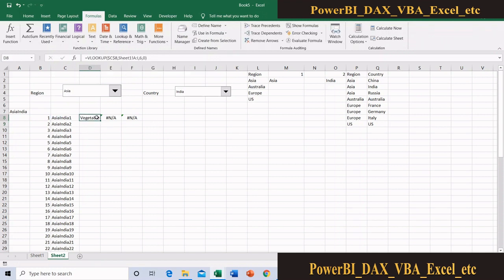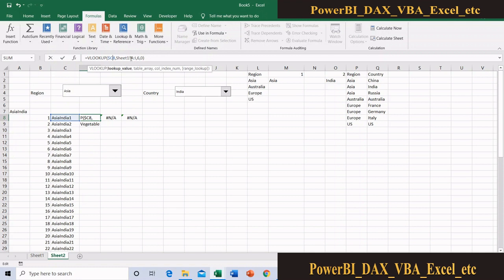If I extend my formula from here to here, I will get only vegetable, because I have fixed this C8 as a fixed reference. I don't want this. So I want to fix my column only, but my row number I need to move.